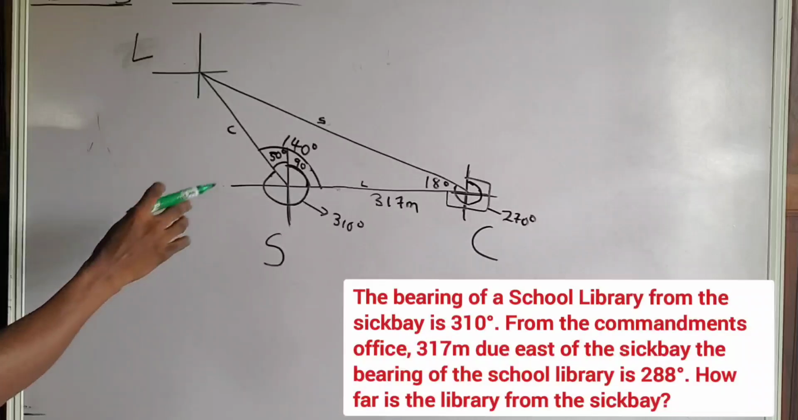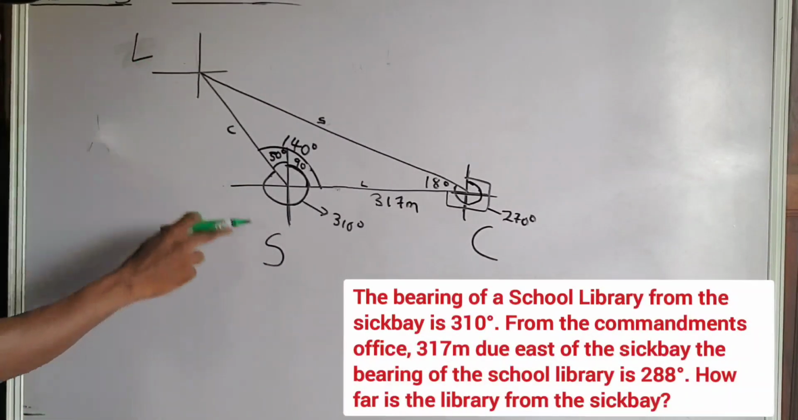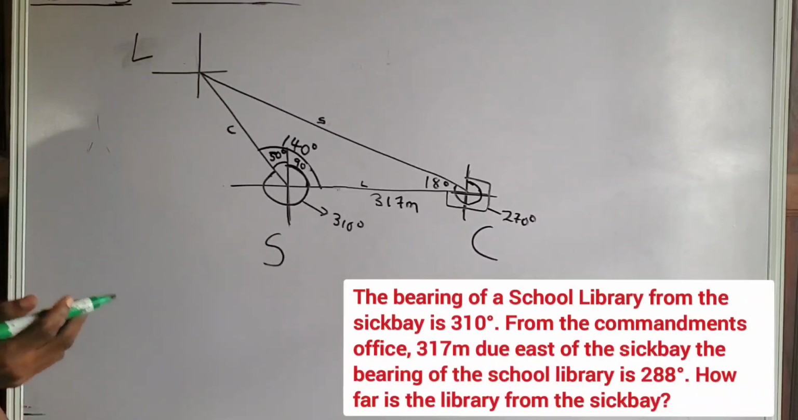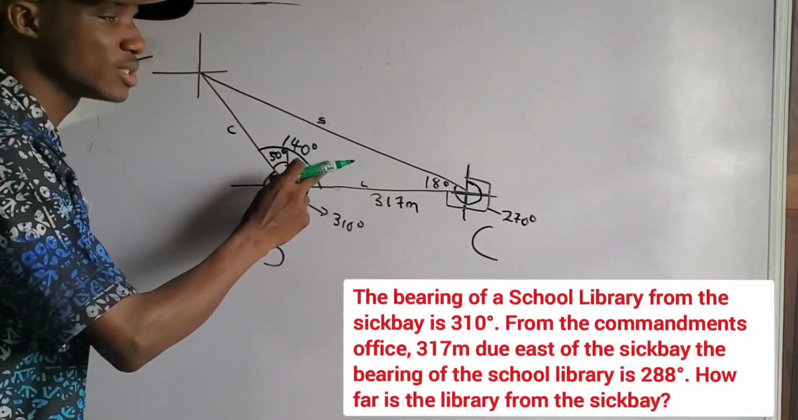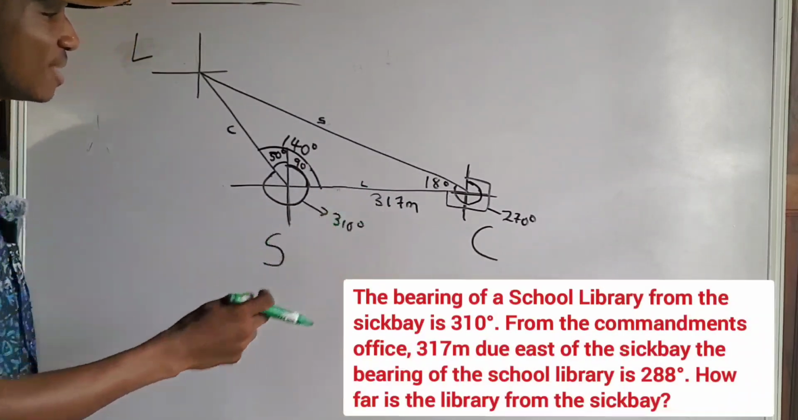Now, with respect to what we have in this diagram, we can easily determine the distance between the school library and the sick bay using the sine rule. The simple reason why we are going to make use of the sine rule is because we have two angles in this triangle now, and we know one side. So we can easily determine